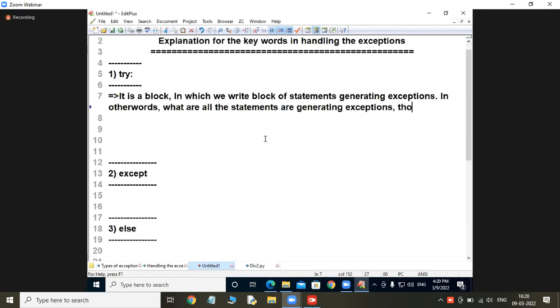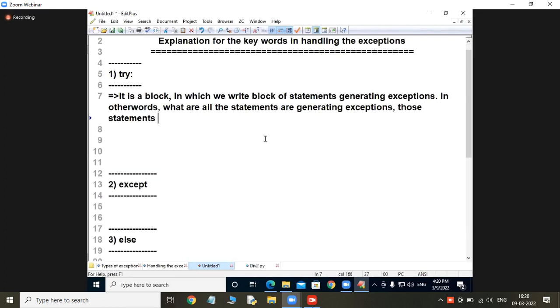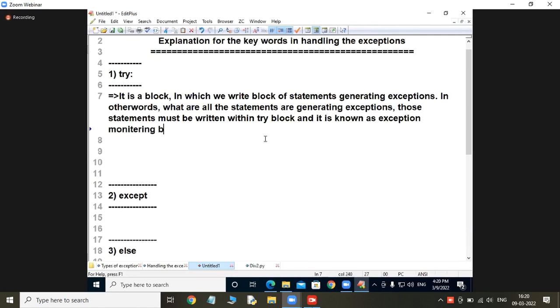Those statements must be written within which block? Try block. And it is known as what? Exception monitoring block. Exception monitoring block we can call. Is it understandable? Yes, keep in mind, it's a most important discussion.